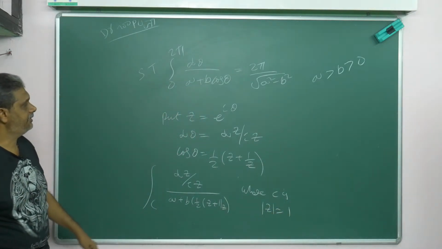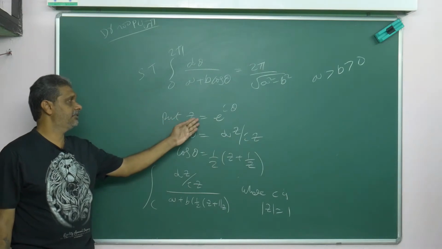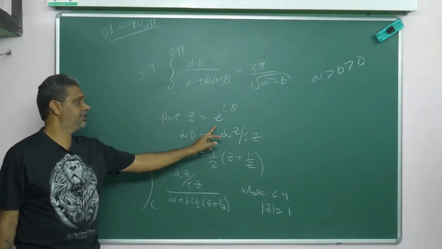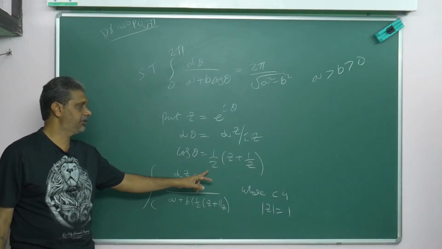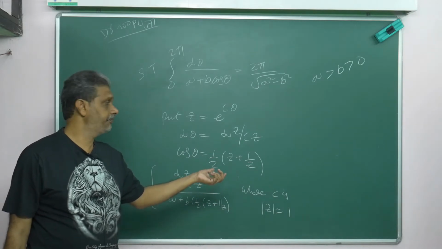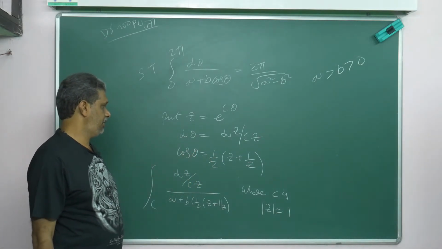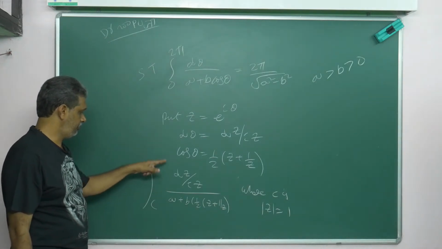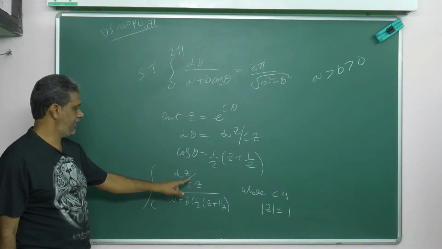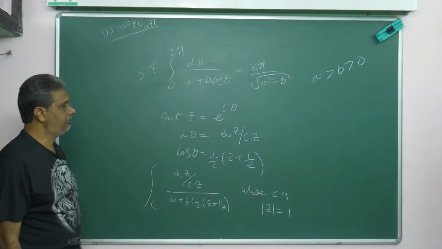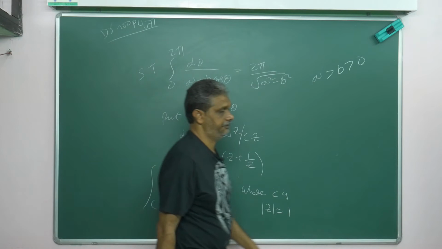So everything is satisfied or not? Where put z is equal to e power i theta, 1 into e power i theta, radius is 1, d theta is equal to dz by z, cos theta is equal to 1 by 2 z plus 1 by z. Suppose sin theta, how can I write? 1 by 2i z minus 1 by z. Here only cos, I don't worry about the sin. Then the whole integral becomes integral over c dz by z into a plus b into 1 by 2 z plus 1 by z. Now this you can simplify, what you will get?